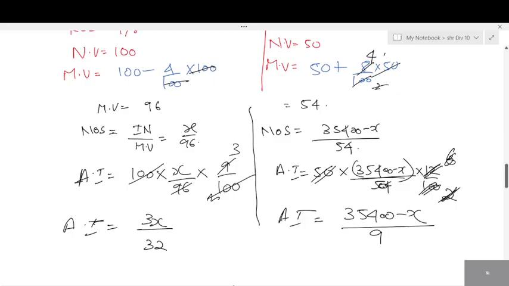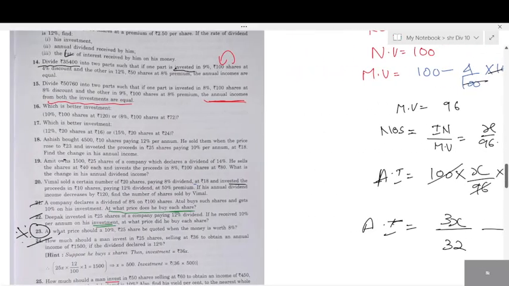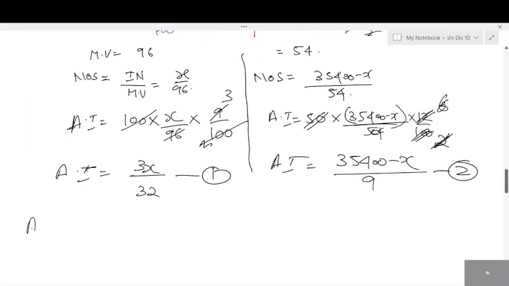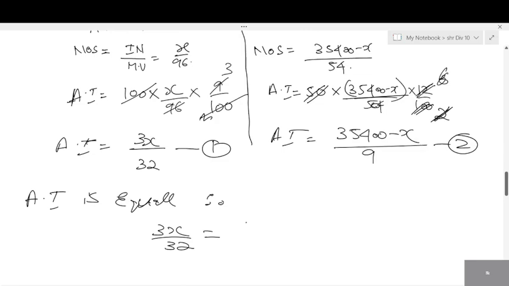Two equations now. First equation, second equation. What is the statement they have given? This is the most important part. What is the statement they have given? The annual incomes are equal. So right, the annual income is equal. Therefore, take the first equation. 3x divided by 32 should be equal to what? Should be equal to